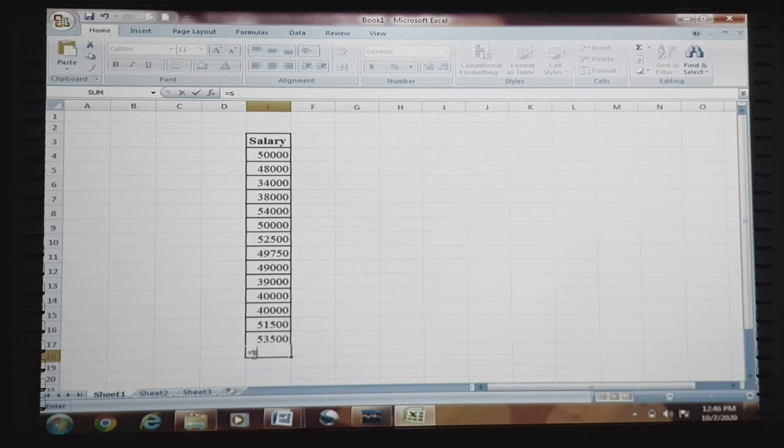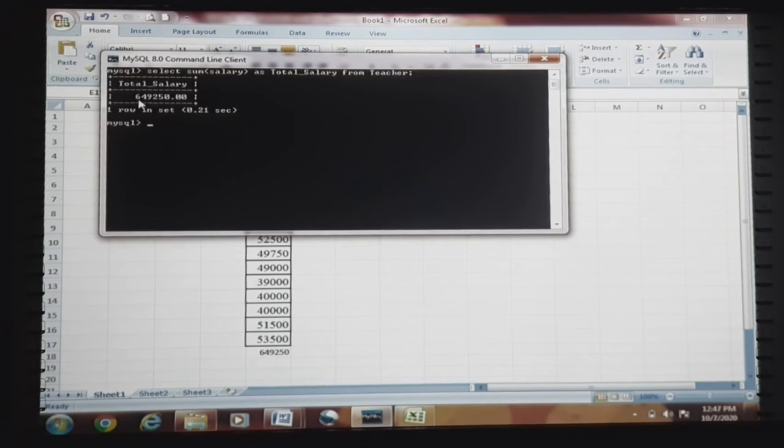Is equal to sum, bracket, select the range, bracket close, enter. See, the answer which you got in front of you is 6,49,250. So the result is the same, 6,49,250.